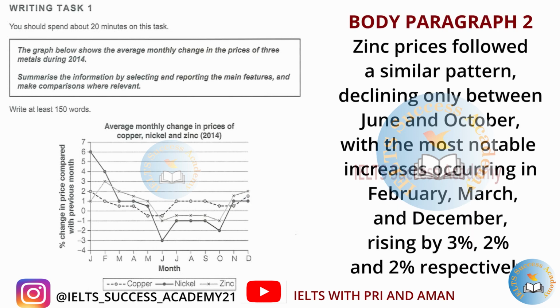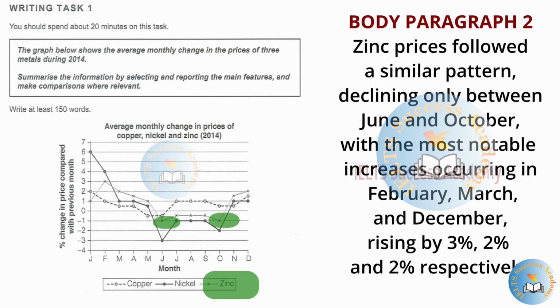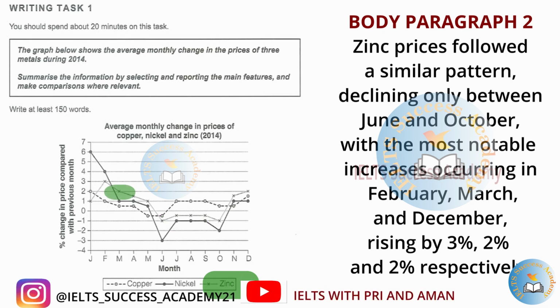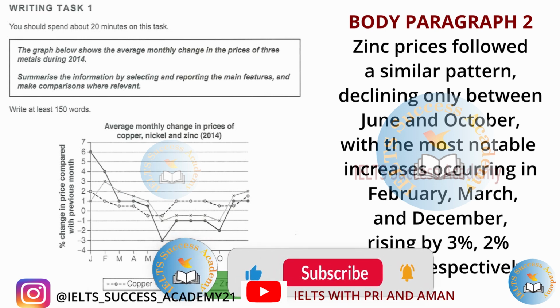So now body paragraph 2. Let's come to the second metal, zinc. Zinc prices followed a similar pattern, declining only between June and October, with the most notable increases occurring in February, March, and December by 3%, 2%, and 2%